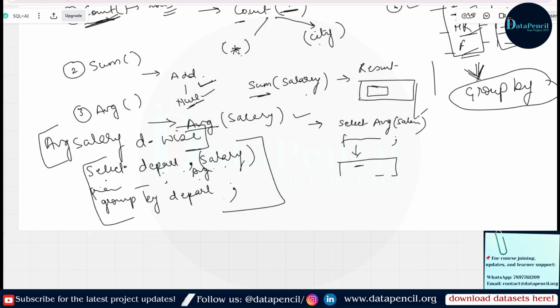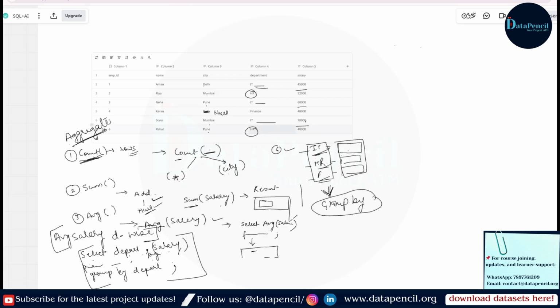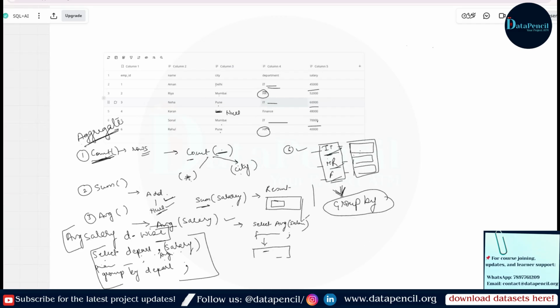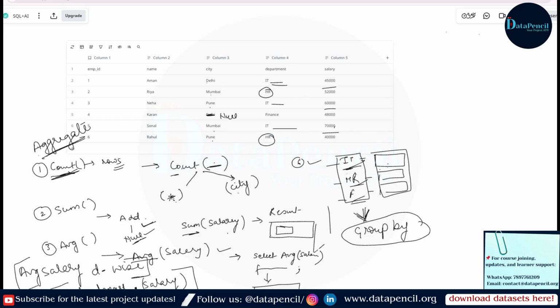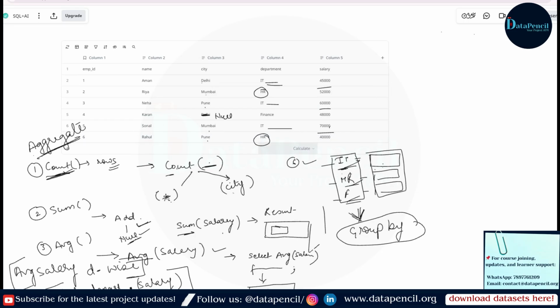Okay, I hope it is clear. If you are still in doubt, then nothing to worry. Once we move ahead, all doubts will be clear. I will explain this group by again. For now, we have to understand that we are studying aggregate functions. In aggregate functions we count the rows, find the sum of the values, and find the average.